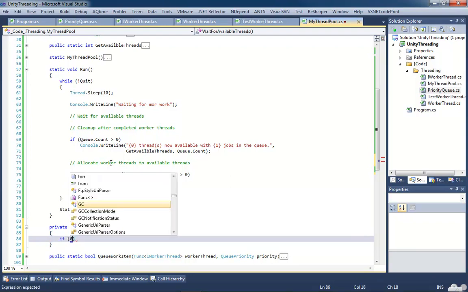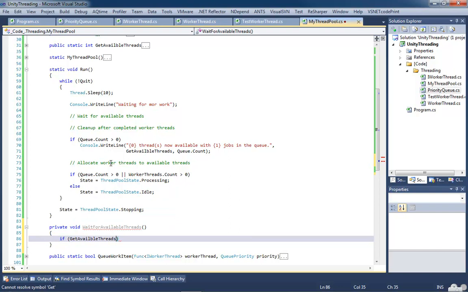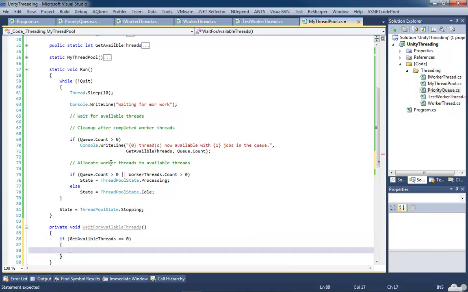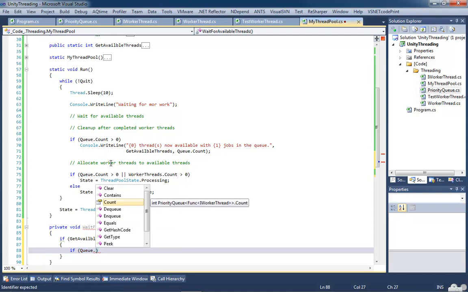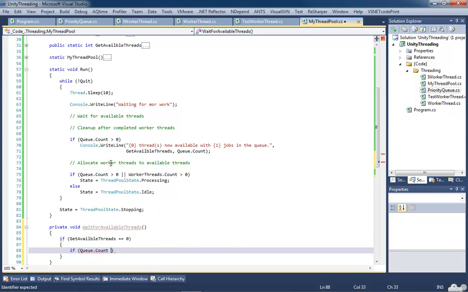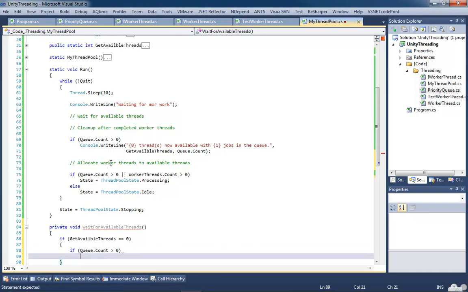We're going to say if GetAvailableThreads equals 0, meaning we have no available threads, we're going to do a check to see if queue count is greater than 0. If that's the case, then we'll do a